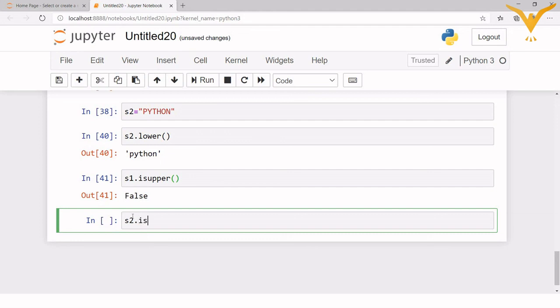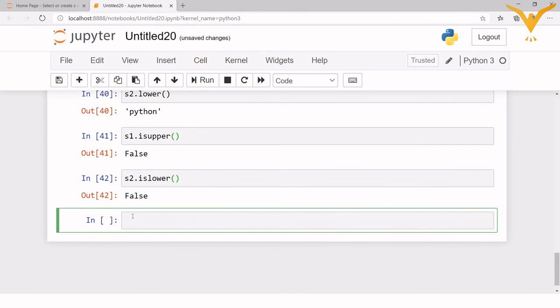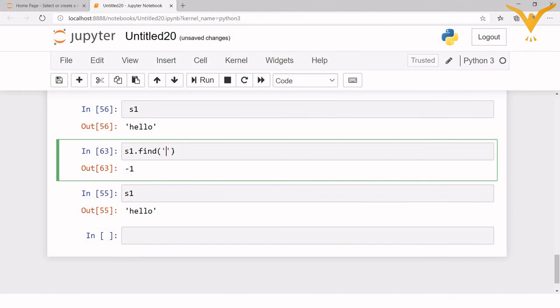So for that we have the islower method, and this will give me false because all the characters are in uppercase. Okay, next we have isnumeric. s1 contains all characters, so this will give me false.